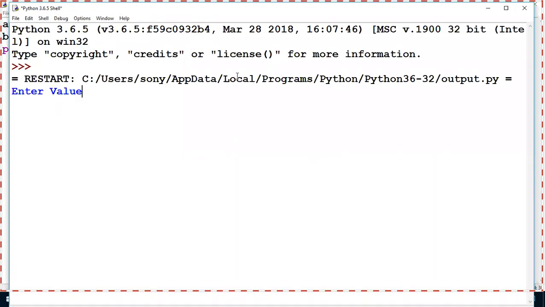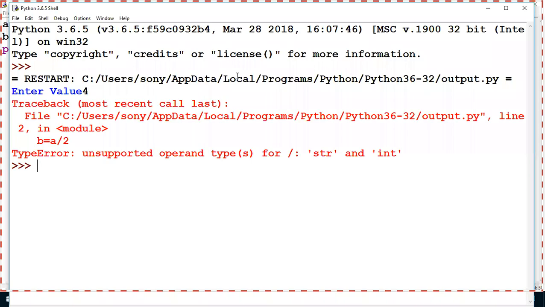Enter value. Suppose I am typing 4. Now see, one error is coming. The error's name is type error: unsupported operand types for divide, str and int. Str represents string, int represents integer number. I have given value 4.